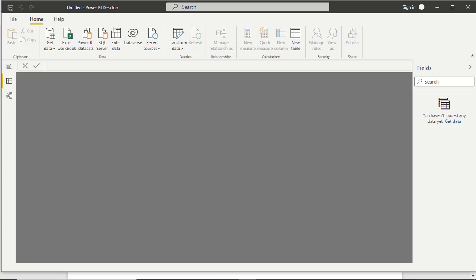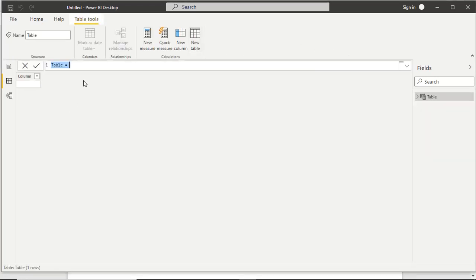First of all, because we know the calendar returns the data in the table format, we take the new table. Then the calendar function. Now you can see it requires the two parameters, start date and the end date.